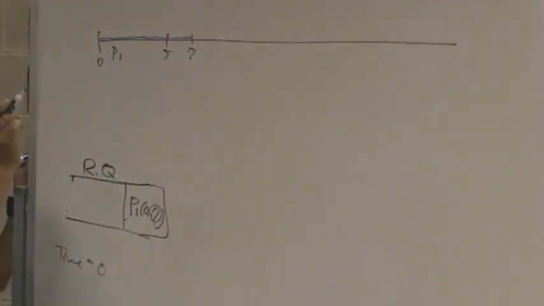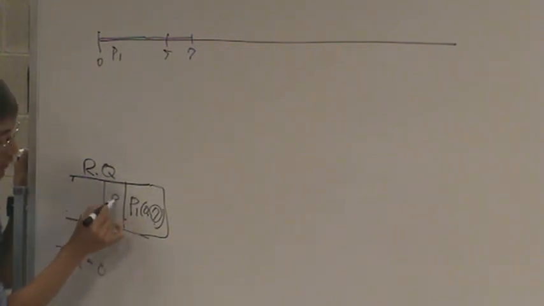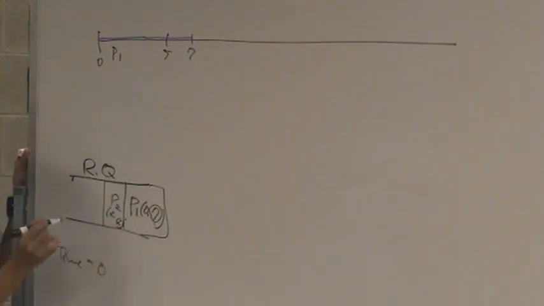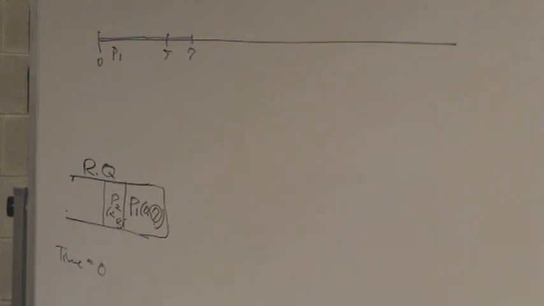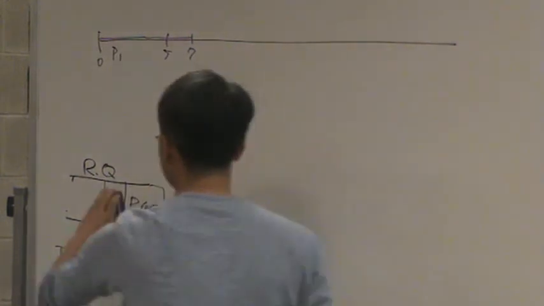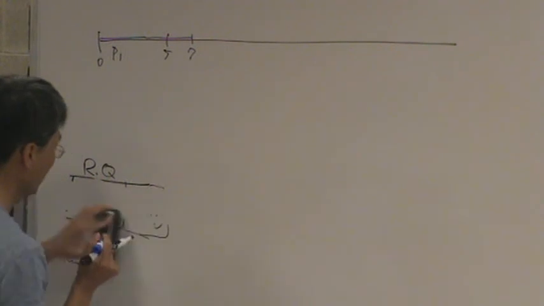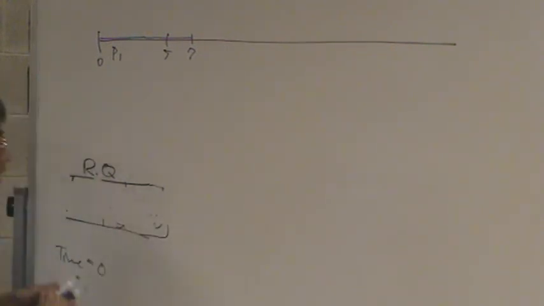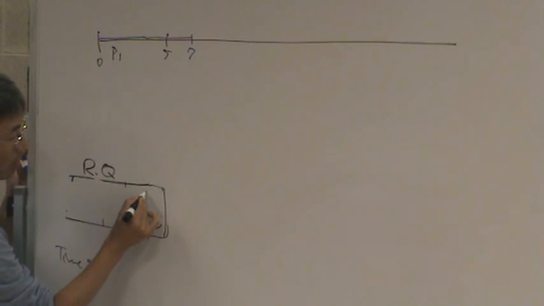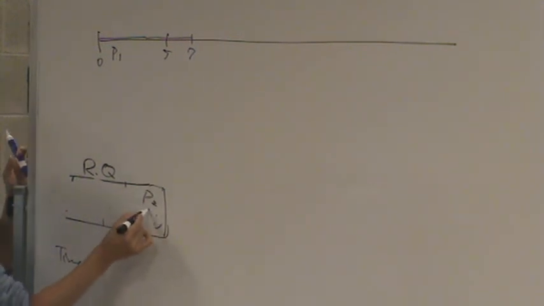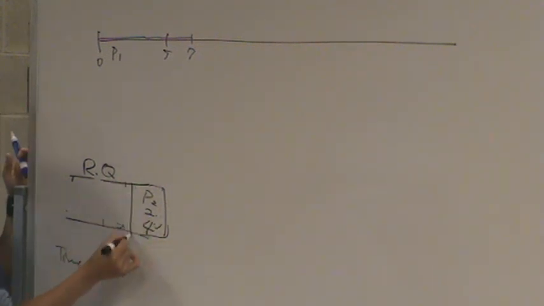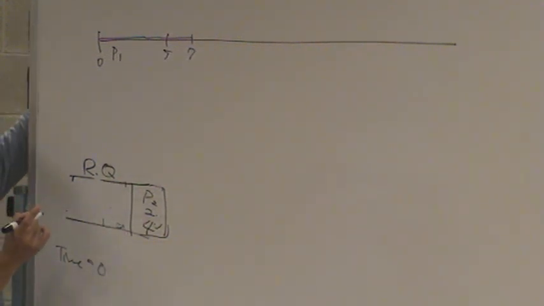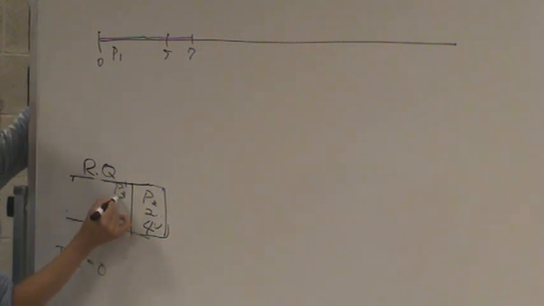Meanwhile, process 2 has arrived at time 2 with CPU burst time 4. Right now we do not have P1, so P2 has arrival time 2 and CPU burst time 4. The next one is P3, arrival time is